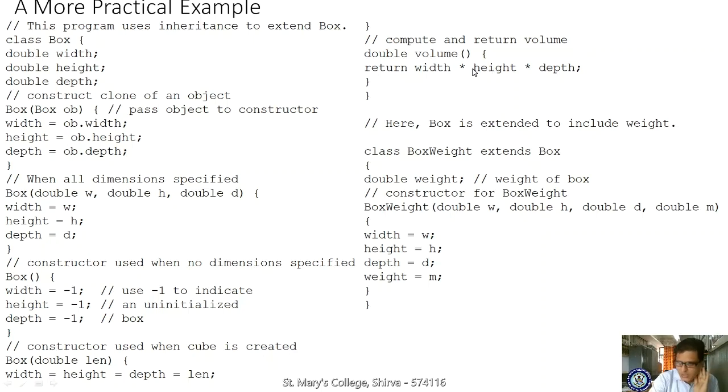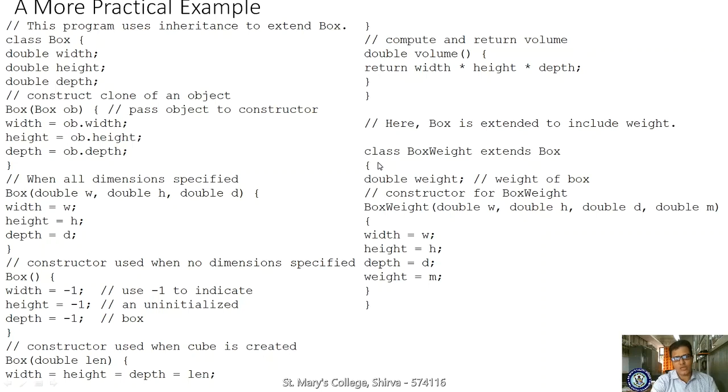As we know, the box, in the sense that if you attend any software jobs, in future they may ask you to explain this classroom as a box. Then you are supposed to take these variables and calculate the formula as width into height into depth, that is length into breadth into height. So this is the formula for the volume of a box. Whoever calls this method, it will return the value. Here the class ends. Which class has ended? The Box class.